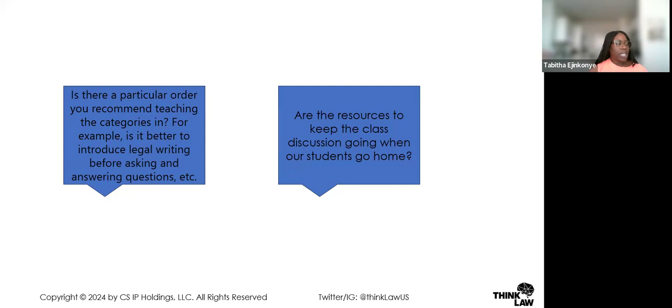For the first question: is there a particular order you recommend teaching in categories? For example, is it better to introduce legal writing before asking and answering questions? The answer is there's no particular order, just like there's no particular order in doing lessons, there's no particular order in introducing your strategies. All the strategies are geared towards